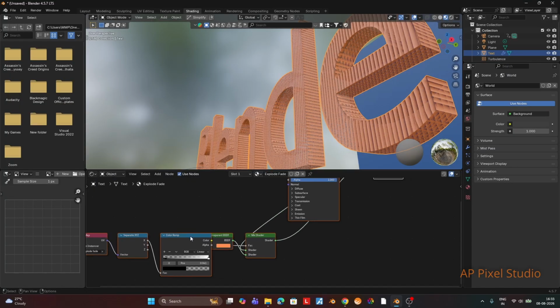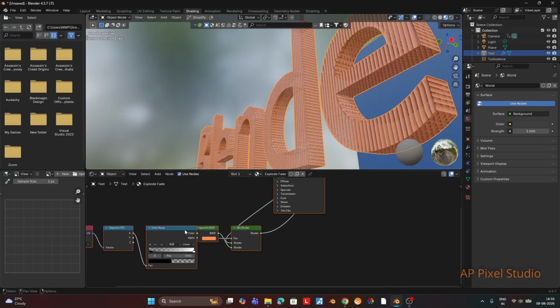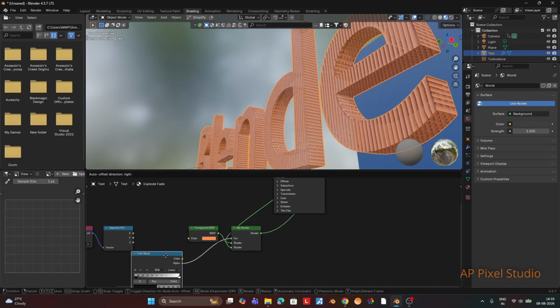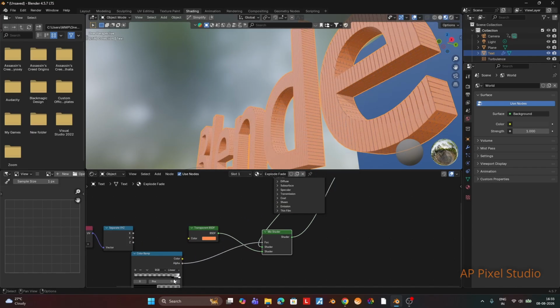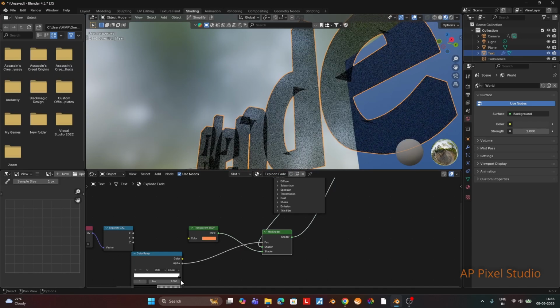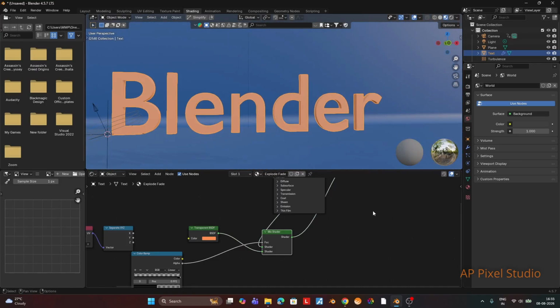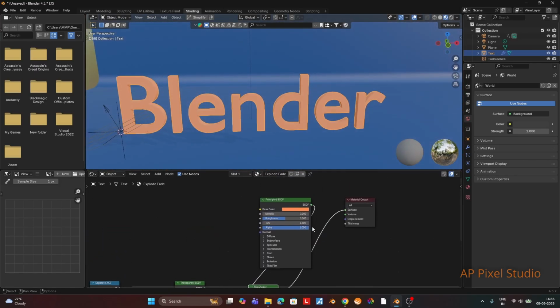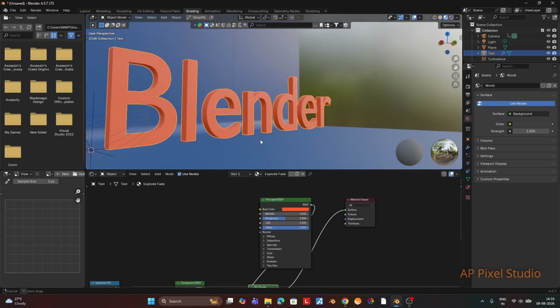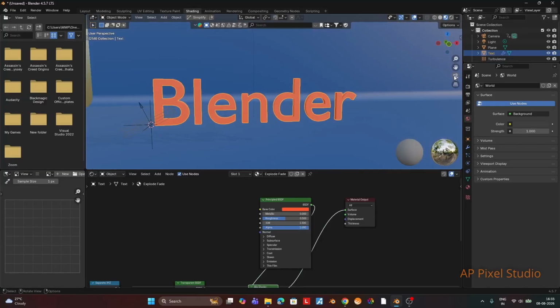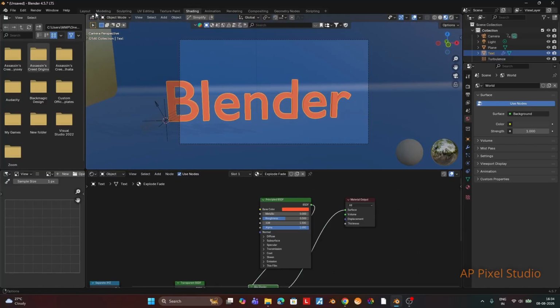We don't want transparency here, so we'll keep the black side nearly at white, so there will be no transparency and everything will be solid. This is how it will be. Now we will change the color a little bit, because the transparency effect was not there, so the color was not looking that great. We'll make it a little bit more red, and this is how.